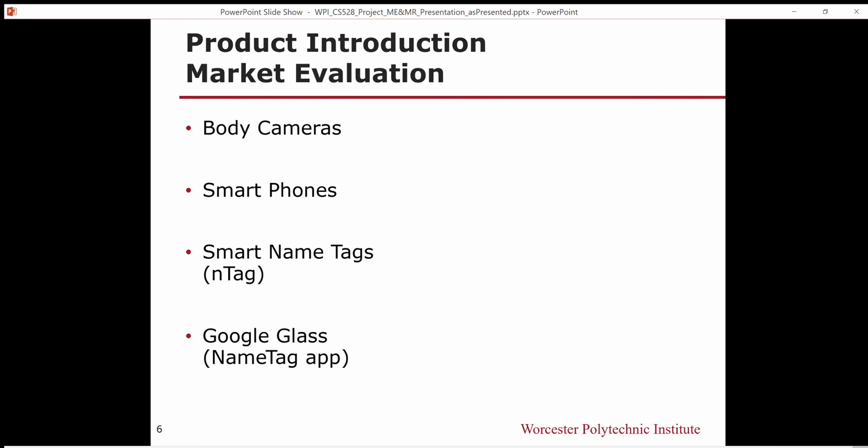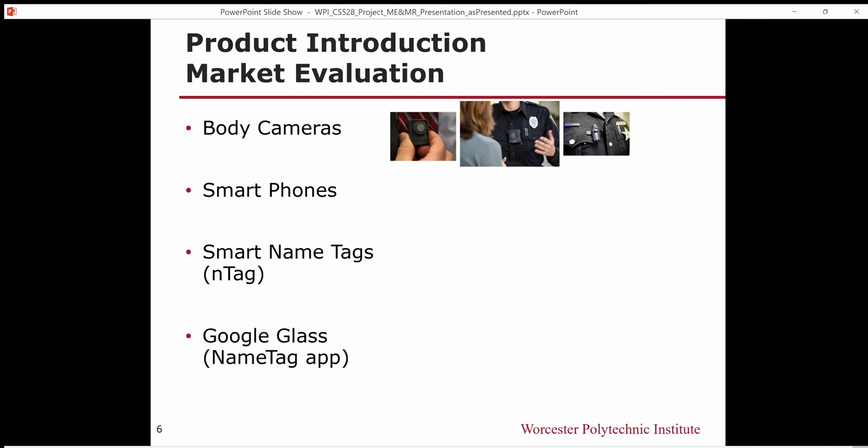So as far as looking at similar things within the market, something that's similar is body cameras. One thing that we discovered, body cameras currently don't do a lot of processing other than just recording the video. They currently don't do a lot of voice recognition or image recognition processing like we envisioned our Hello product to do. Smartphones are probably the closest thing to this idea. They have both a camera and a microphone and enough processing power to do this type of application, but they're not really practical to kind of hold up in the middle of a conversation to try to capture someone's